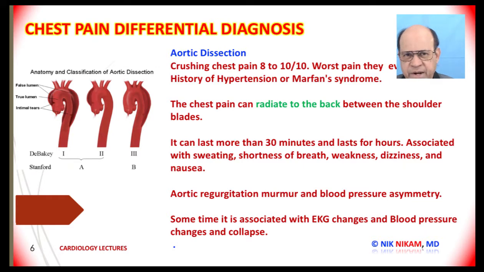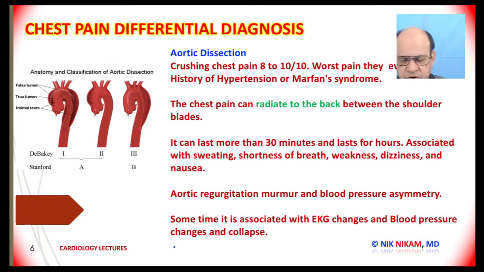This chest pain radiates to the back, an important clue that you are dealing with an aortic dissection, as opposed to myocardial infarction pain, which usually radiates to the jaw, neck, shoulder, or the arm. The aortic dissection pain generally radiates to the back. But patients with esophageal spasm or acid reflux can also have pain radiating to the back, but that pain is not as severe as in the patient who is having an acute aortic dissection. Again, this pain can last for more than 30 minutes or a couple of hours before the patient gets to